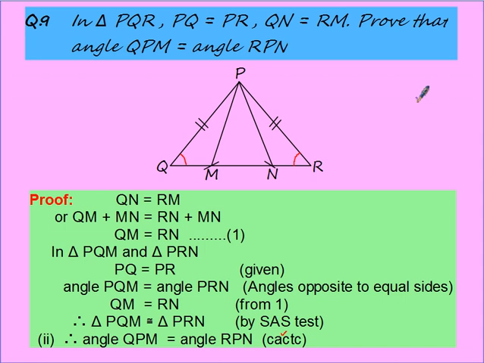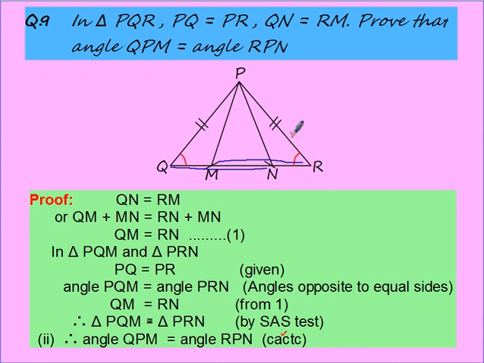I have a few more questions, then I'll finish. Now in this diagram, they said PQR is an isosceles triangle. Either they say isosceles triangle or they have marked PQ is PR, so these base angles will be equal. And then they say QN is RN. QN means from here. And then they are saying RM. So RM starts from here and goes to this. So they both are given equal.